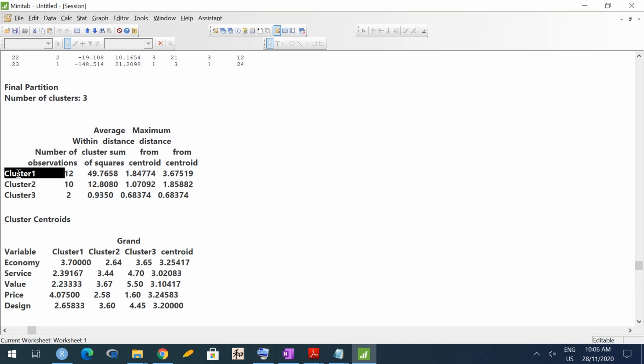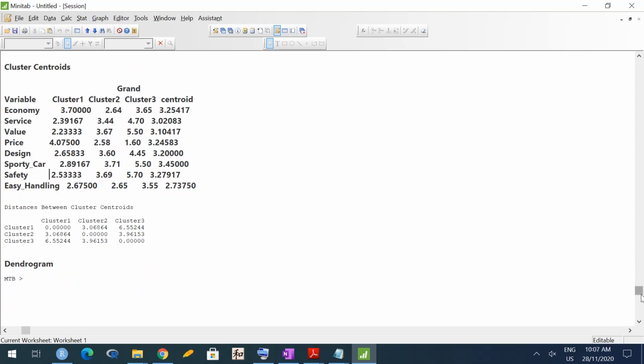Okay, and how do you decide the optimal number of clusters? There are multiple ways available in literature. Many of them depend on within cluster sum of squares and between cluster sum of squares. At what point is the change maximum? Going from 3 to 4 clusters, is it really worth it? Is it really helping your clusters become much more homogeneous? Then only you should go from 3 to 4. Okay, there are many criteria available in literature. Now let me try k-means clustering on the same data set. Okay, one more small thing before that.